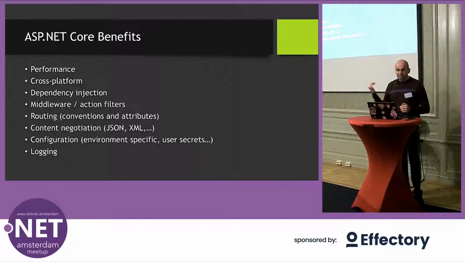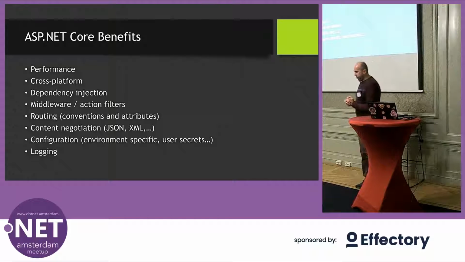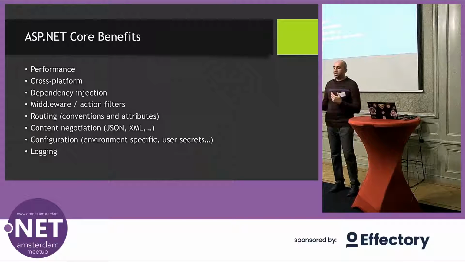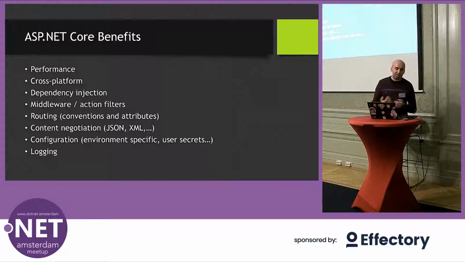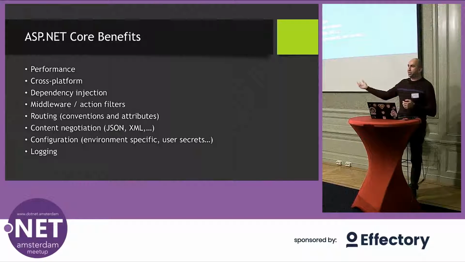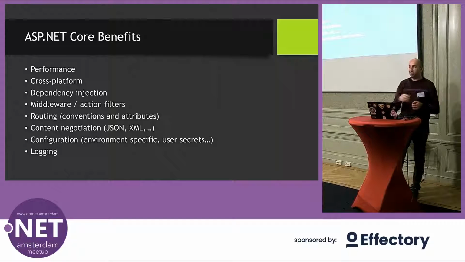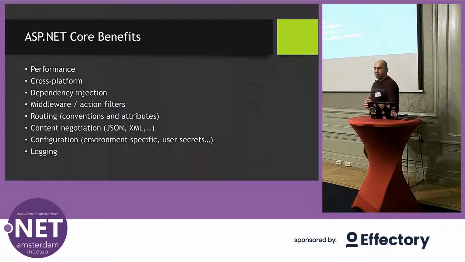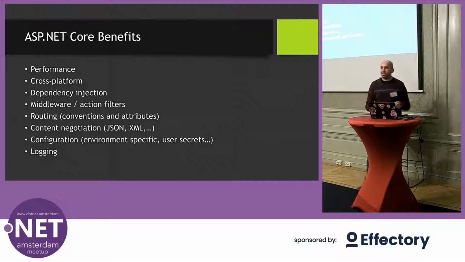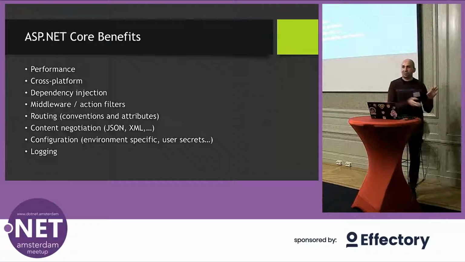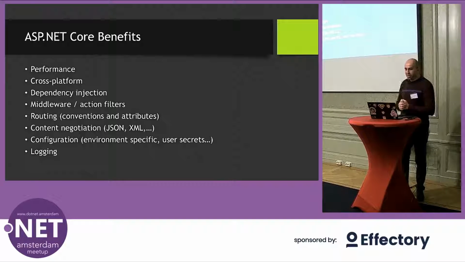Also, what else do we have? Content negotiation. Content negotiation is the way to have different outputs based on the user input. So as a client, you can ask for either JSON, XML, or some other format, and ASP.NET Core will just return you that. As a developer, you don't need to define or program different formats. You just define that in your startup class, and based on the client request, it returns what